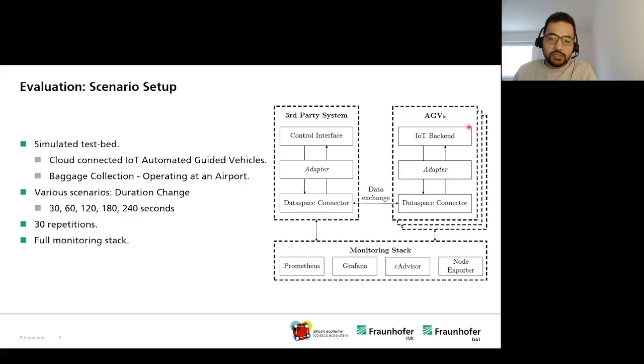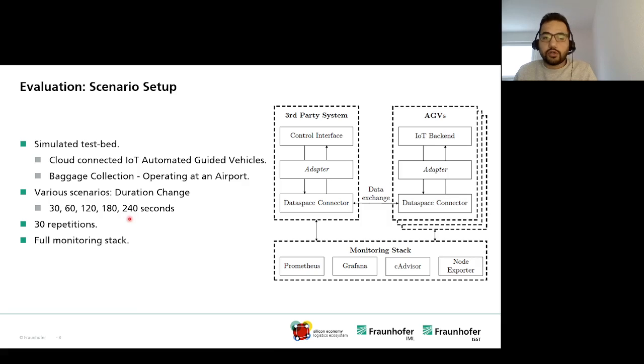The AGVs have a backend system connected to a data space connector through an adapter. Similarly, the third-party system has a backend system, a control interface, connected to a data space connector through an adapter. And the entire setup is monitored through a monitoring stack.